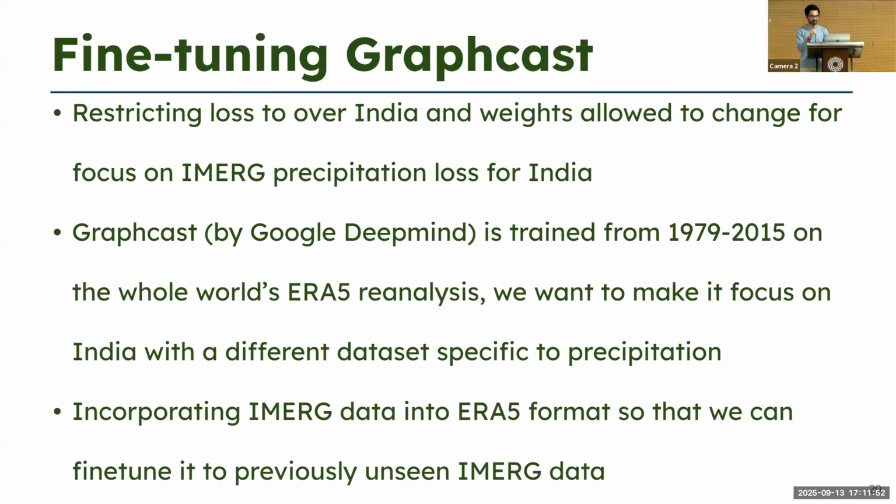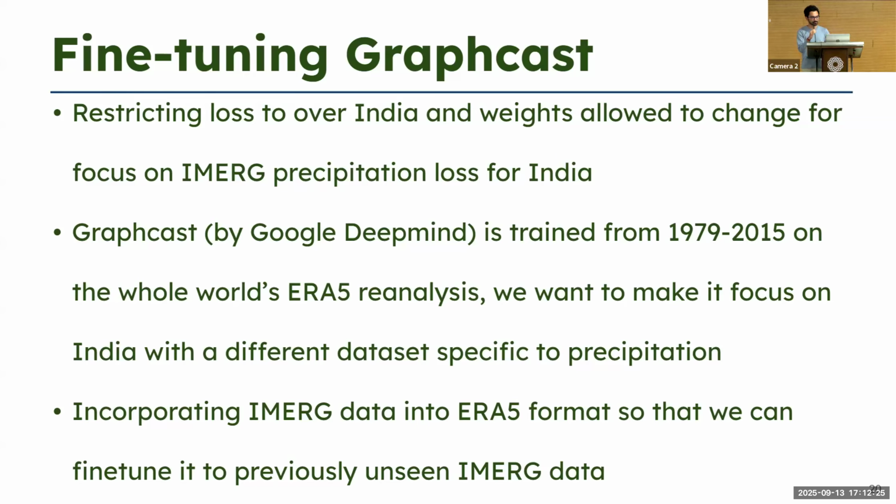So we restrict the loss to India for precipitation, and the weights are allowed to change to focus on the IMS precipitation loss for India. Now, GraphCast is trained from 1979 to 2015, but for the fine tuning, which is in the next slide, to make it fair for the base model, because we didn't want to use newer data post 2015 for fine tuning, we chose IMS data from the pre-training period to give a fair comparison with the base model, and we incorporate the IMOS data into the ERA5 format